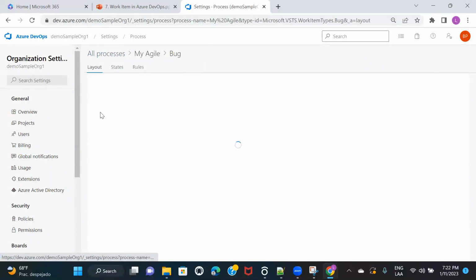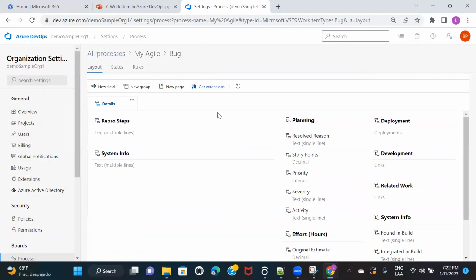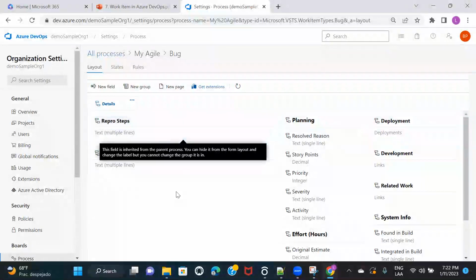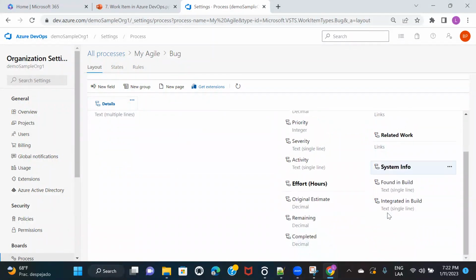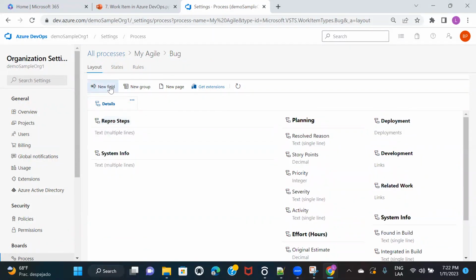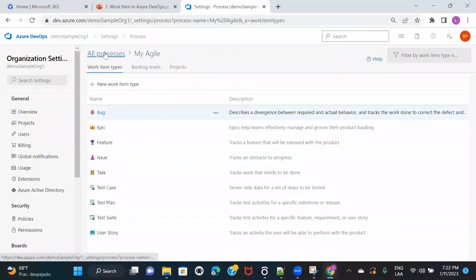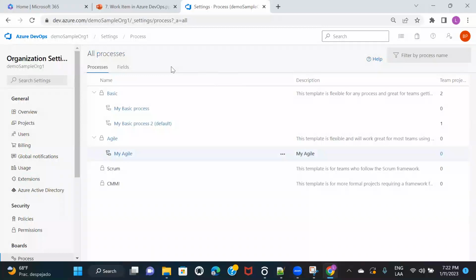And let's say when you're creating a work item as bug, and if you think that these fields are not enough to justify the information of a defect or a bug, and you want to add some extra field, then you can add an extra field. Okay, so this is how you add an extra field and an extra work item depending on the process that you have selected for your project. Okay,